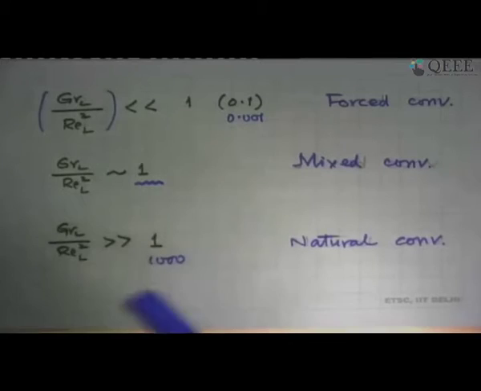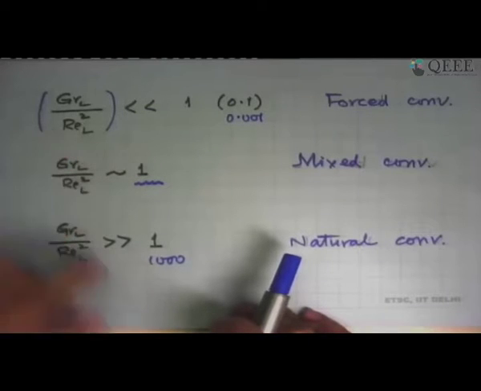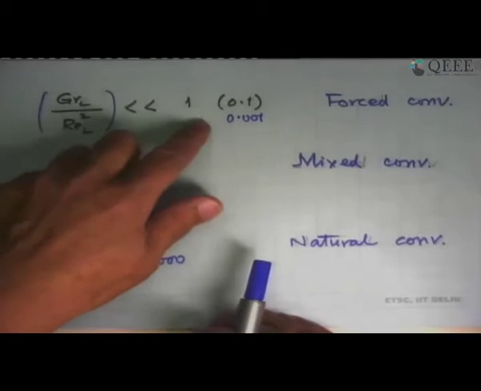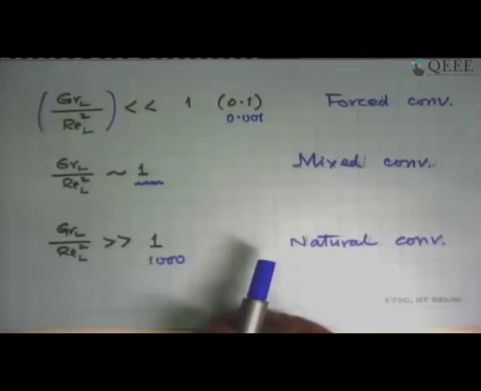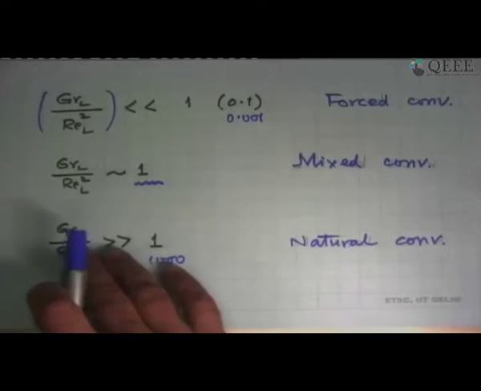In every problem that comes to us, we would not like to make this type of a comparison, but it would be good if you do one or two problems and convince yourself that yes, 10 meters per second airflow over a flat plate has to be treated as a forced convection problem. If you solve that problem and evaluate this ratio, you would see that it's going to be very much less than 1. But as I have mentioned, there will be an issue if both are of comparable magnitude.